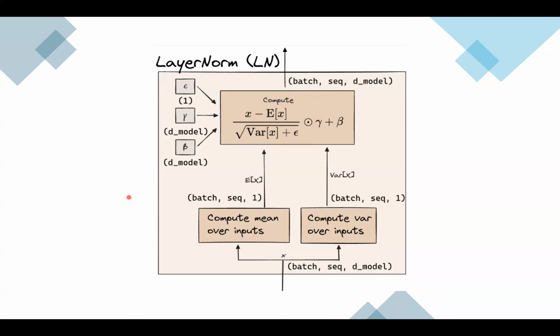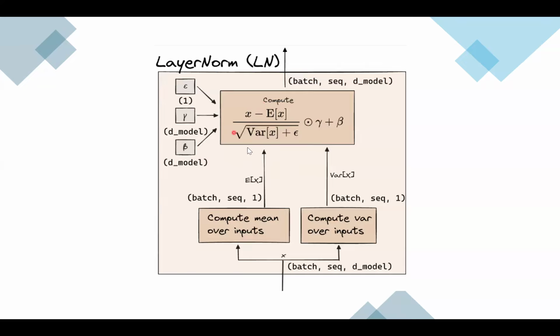Oh, just one quick question. As you said, gamma and beta are parameters, right? As we know, in normalization we usually take the difference from the mean and then divide by the standard deviation at the bottom, right? So is there any specific significance of the gamma and beta parameters in this? Yeah, so basically the